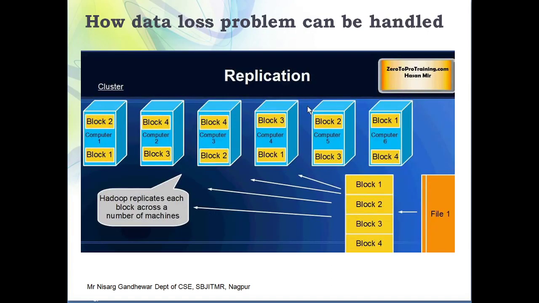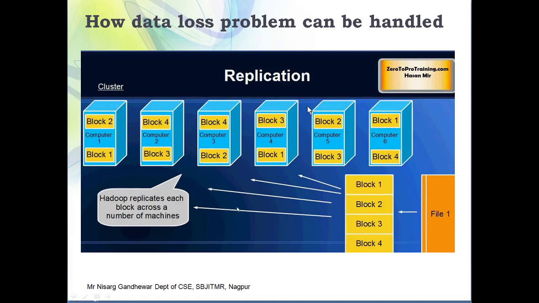Now next is what? Suppose a data file which is present at a particular data node gets lost. So what will happen at that time? How will you recover your data? Because initially we discussed that one of the features of the Hadoop framework is that it is fault tolerant. So here we explore how we can say that Hadoop is fault tolerant in nature. This is a diagram which gives you an idea how Hadoop is fault tolerant and how we can recover data. This diagram will give you an idea about how the data loss problem is overcome in a Hadoop framework.